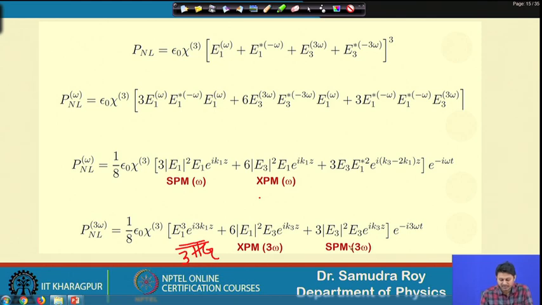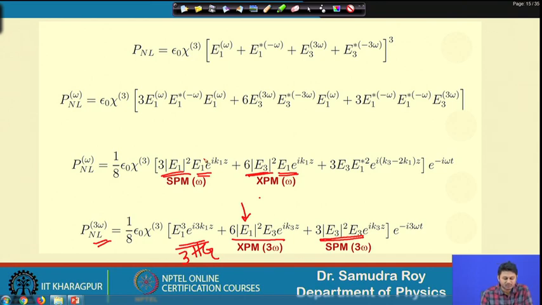What is cross phase modulation? What is self phase modulation? Let us try to understand very briefly. Here we have a self phase modulation because all the terms are related to E3. Here we have a cross phase modulation term because one term is related to mod of E1 square and another term is E3. E3 is a natural term because we are talking about 3 omega frequency. Here also we have a cross phase modulation because E3 cube is there and natural frequency term E1 is sitting over here, and also E1 mod of E1 and E1 is sitting here. So, this is the same term. That is why it is called self phase modulation and cross phase modulation.